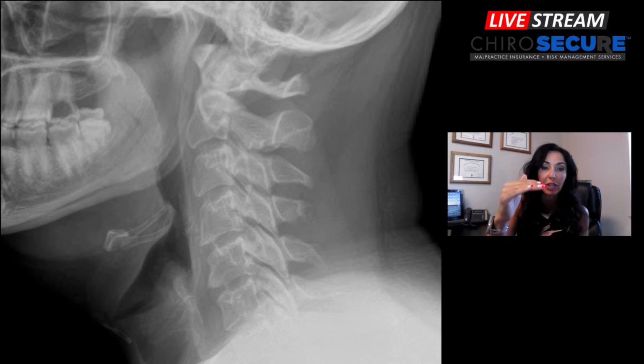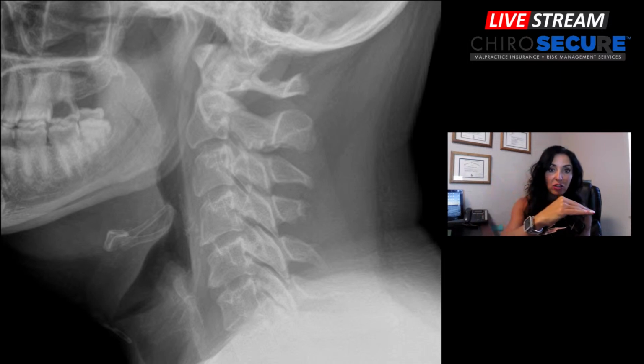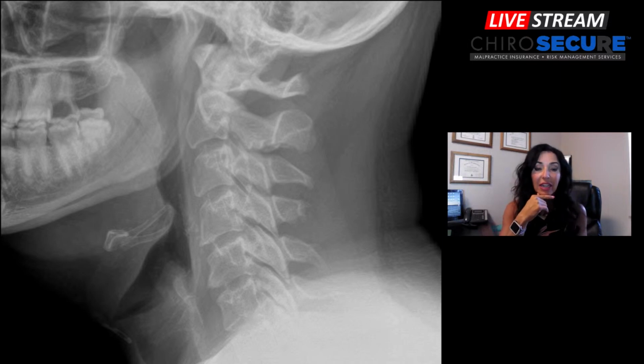Now, if we keep moving down, C4, the inferior aspect of the anterior portion of C4 is starting to actually wedge out. It's starting to make a broader base, and you can see that it's white. It is whiter where it is laying down more bone for support reasons. And that's what's going to happen over time. Those compression fractures will alter the body mechanics.